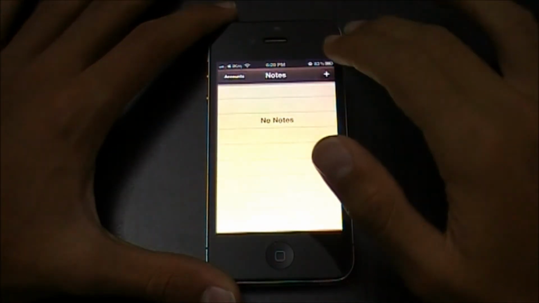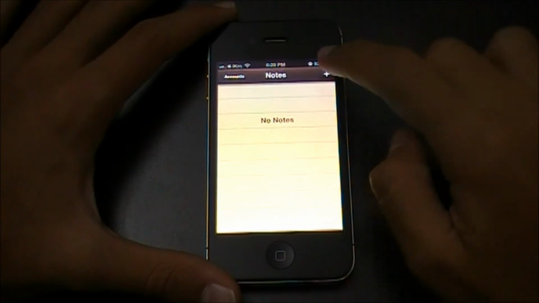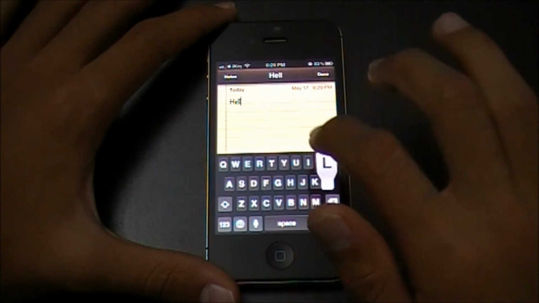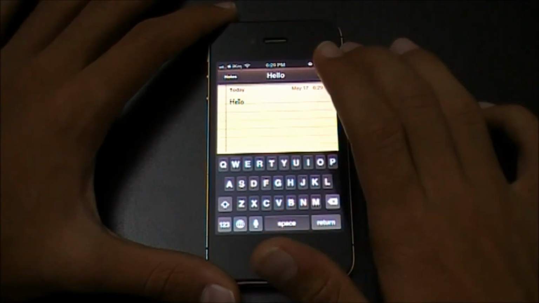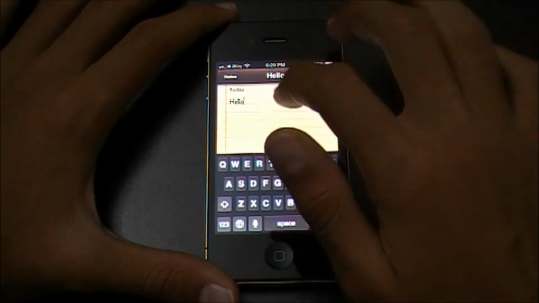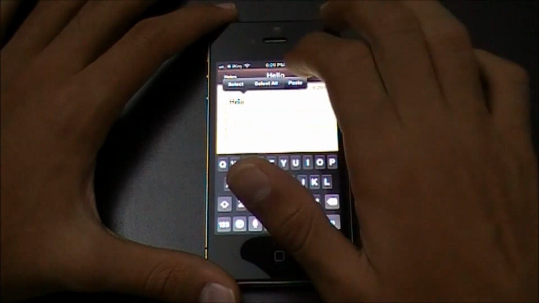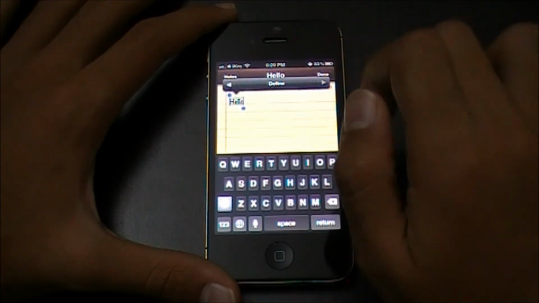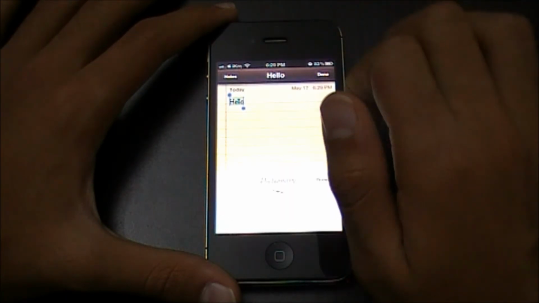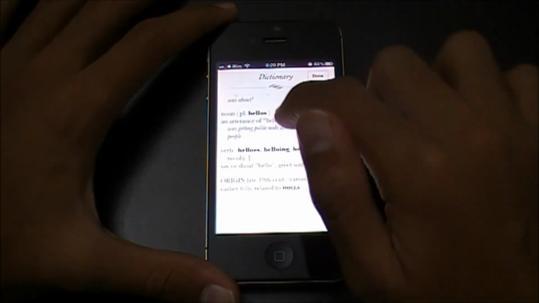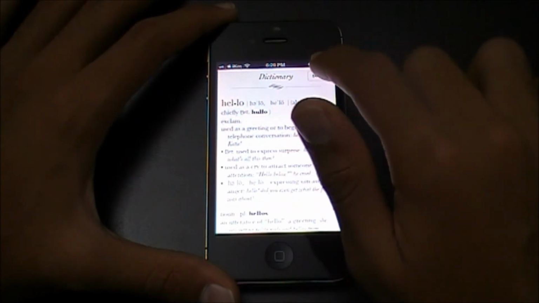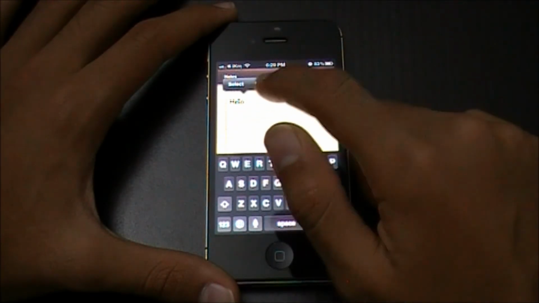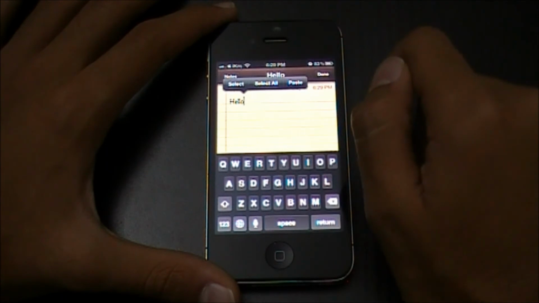Okay, so now the feature I'll be telling you about is a very unknown feature to people. It's very uncommon amongst people. So I'll just show you what it is. The iOS operating system comes with a built-in dictionary. If we just type in hello and we select and highlight it, we get an arrow-like thing, and when we touch it, it shows us an option, define. When we tap it, it opens a built-in dictionary and gives us the definition. This is built in throughout the whole iOS. You can type in anywhere and you will get the definition of what you have typed.